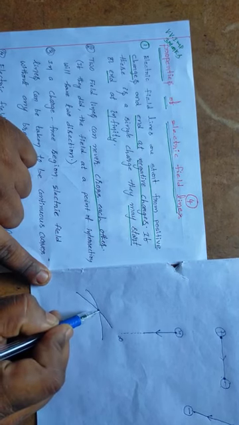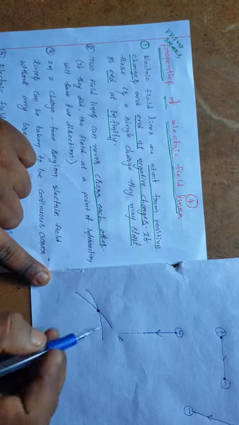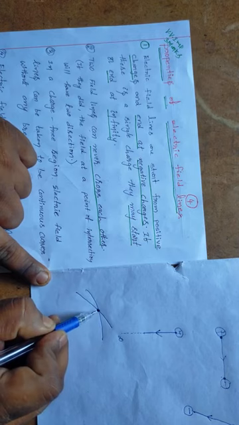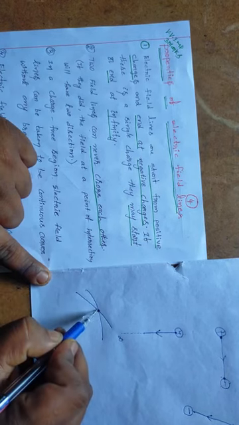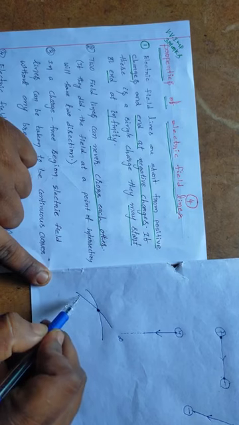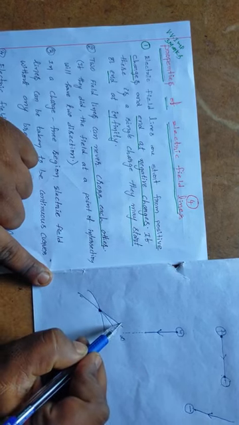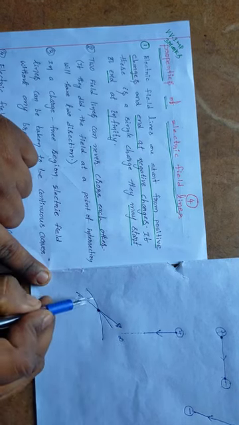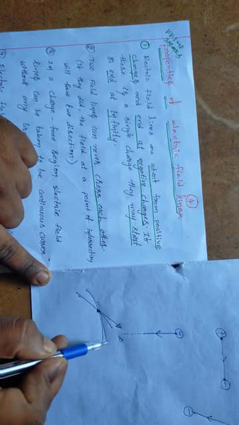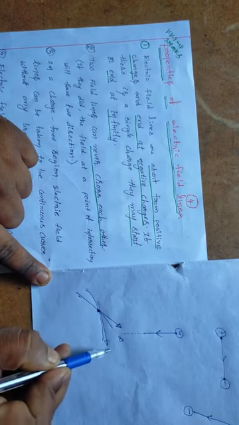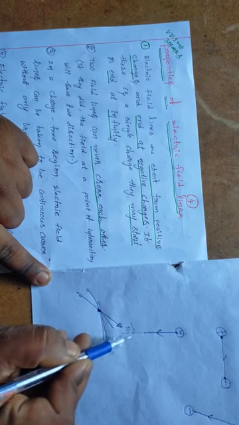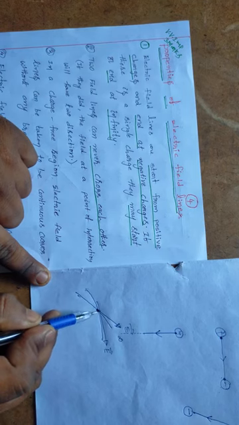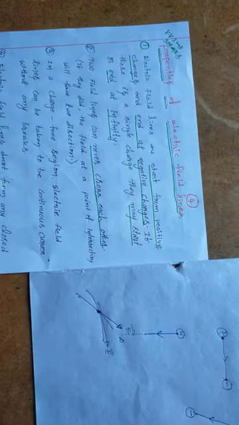If the two electric field lines cross each other, in that case, where the two electric field lines cross each other, that point is said to be the intersection point. At the intersection point, for this electric field line, the direction of electric field is along the tangent we can draw. Now for this electric field line, the direction of electric field we can draw like this. That means for a single point there are two directions of electric field existing here, which is impossible.